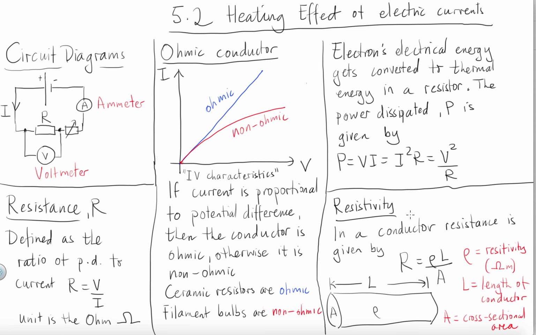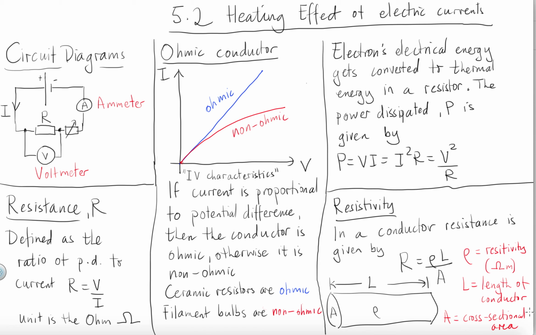All conductors have a so-called resistivity, which is proportional to their resistance. So a conductor with a large resistivity is going to have a large resistance. And normally in circuits we use copper because it has a low resistivity. And in a conductor, there's a formula for resistance in terms of resistivity, which is R equals rho L over A, where rho is the resistivity in ohm meters, capital L is the length of the conductor, and capital A